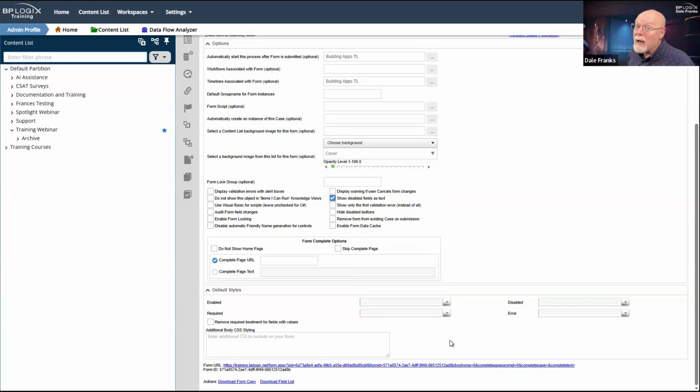If you really, really want to go in and do some styling, you can also do some additional CSS body styling. We are not going to get into CSS or anything like that, but you should know that you have those abilities.